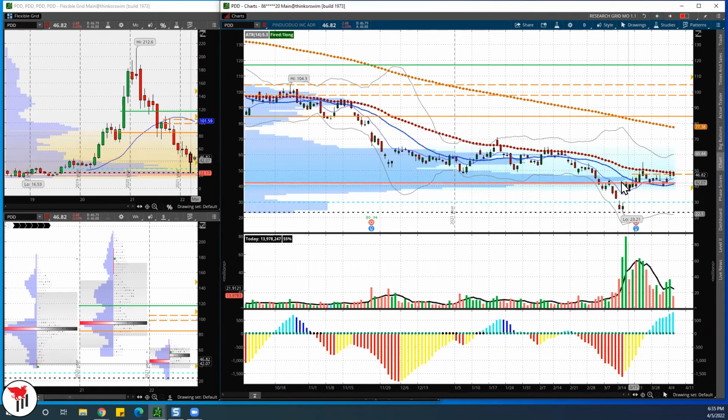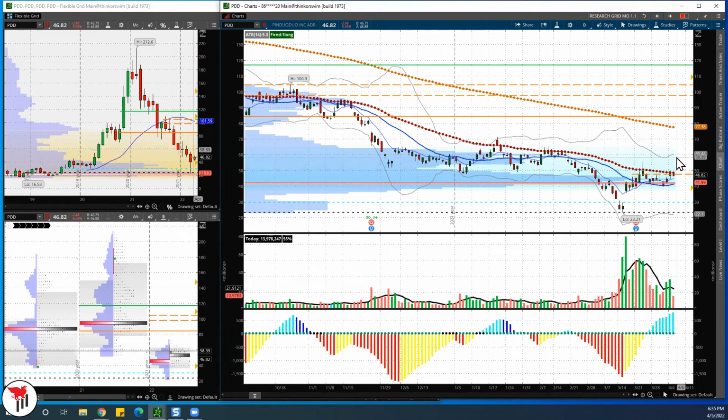So I know I have volume in here. I have the 50 MA. A lot of people use it for scanners. Careful with this one, right? The 55. Look at here, 55 right here, 55 right here, 55 right here. So we know 55 is a level. So we can probably take 50, and this is a scalp idea, PDD over 50 for 55. That's a 10%. So it cuts it for me, right?